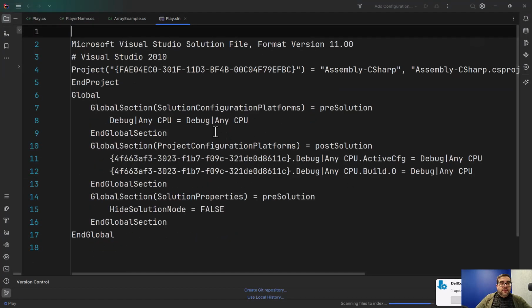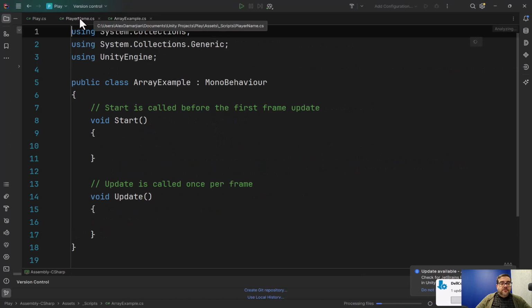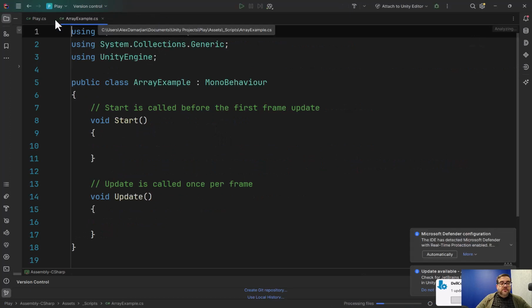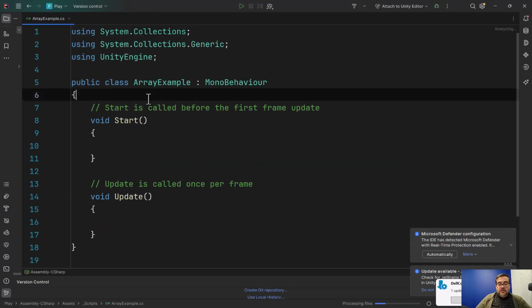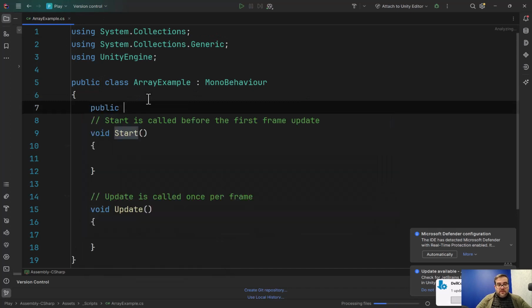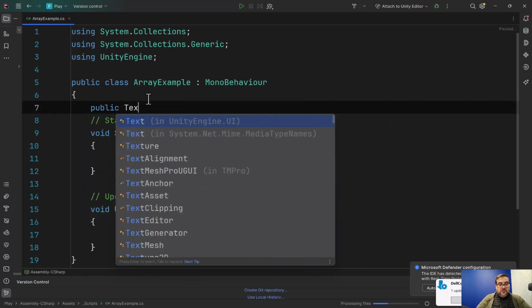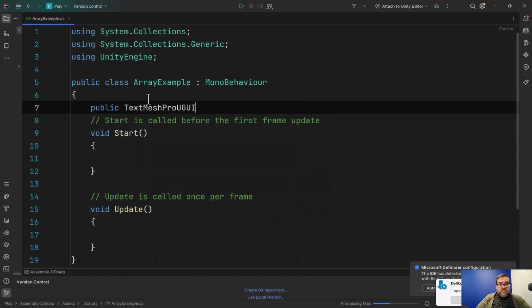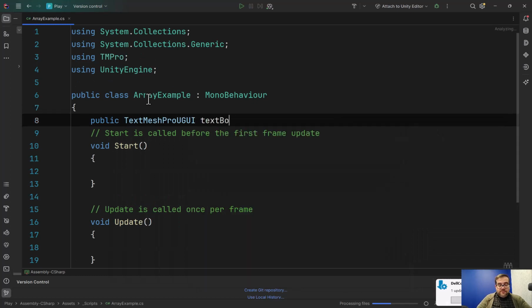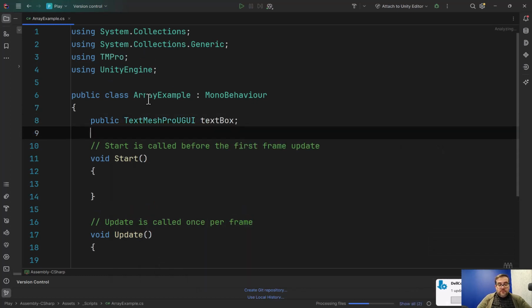Okay. Oh, it looks like it's going all over the place. All right, so let's close these scripts out, which we had before. And let's go public TextMeshProUGUI, and we'll call this text box. And then we'll do a private, and I'll show you the difference between a private and public array. It'll be of a string, and we'll call this foods. Make it equal to